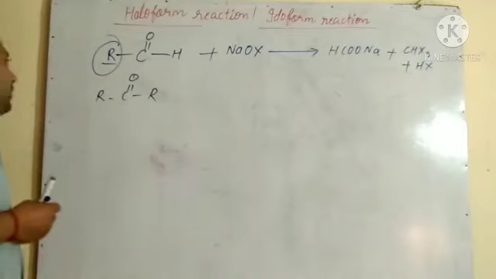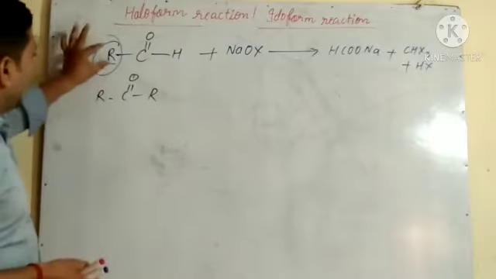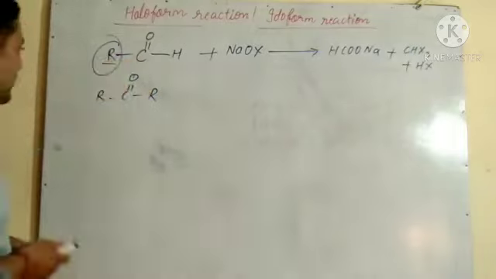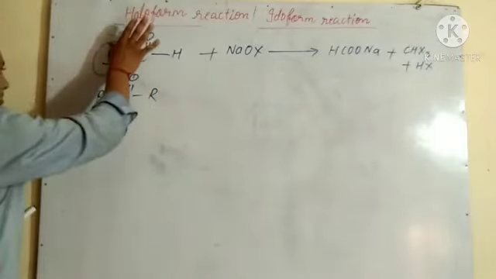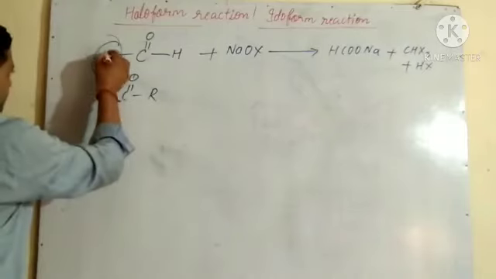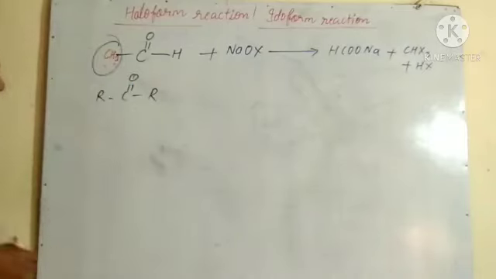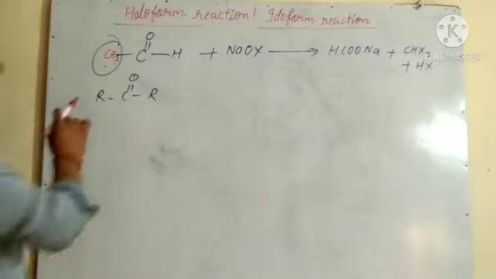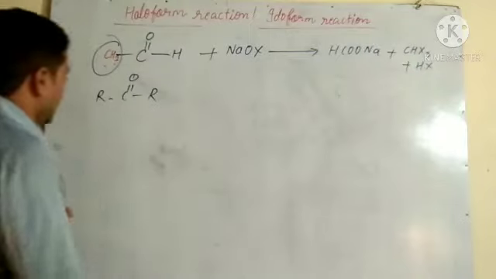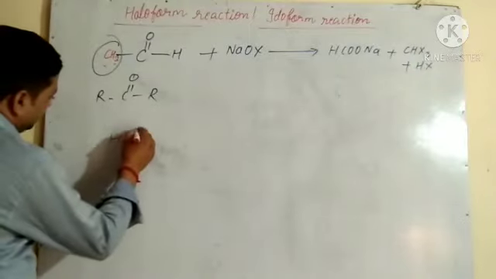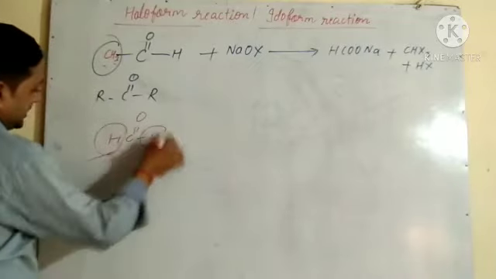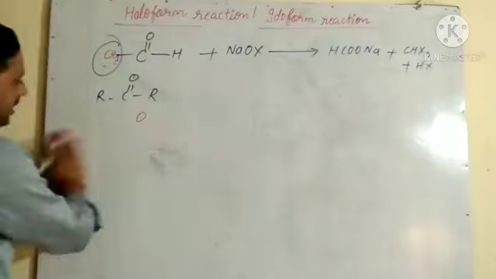The carbonyl compound in which an alkyl group is directly bonded to the carbonyl carbon. So in place of this we can write what? CH3. It is better to write CH3. So one point you remember, formaldehyde will not show the iodoform test or iodoform reaction, because if we write the formaldehyde formula, there is no alkyl group on this side or that side. So it will not show the iodoform reaction.